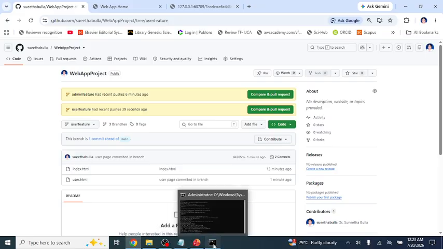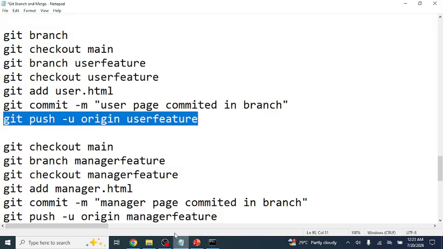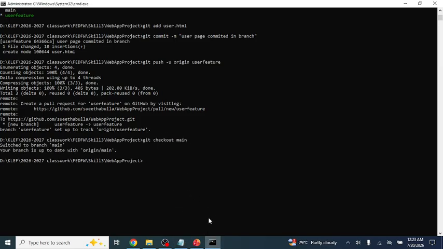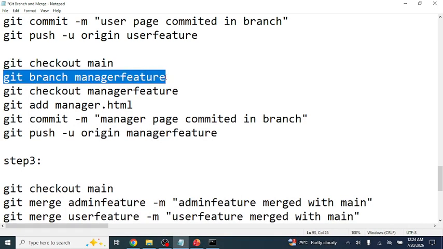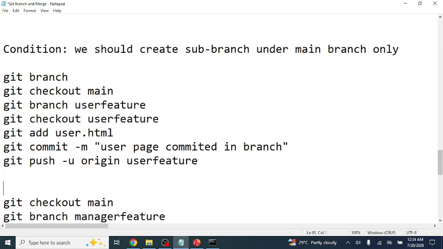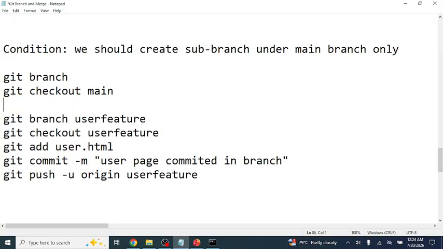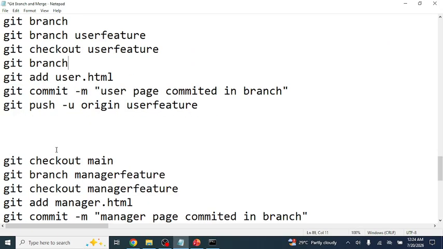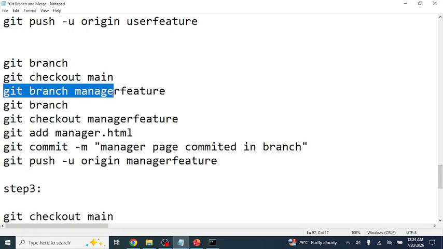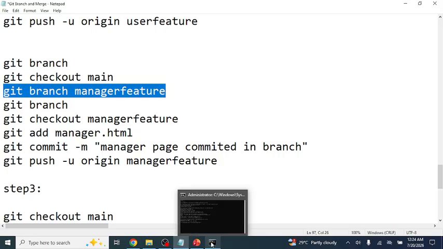Similarly, create one more branch. So the condition: we need to check out main before creating the branch. Check out main, and every time we need to verify, for safety purposes. Checkout main. After checkout main,